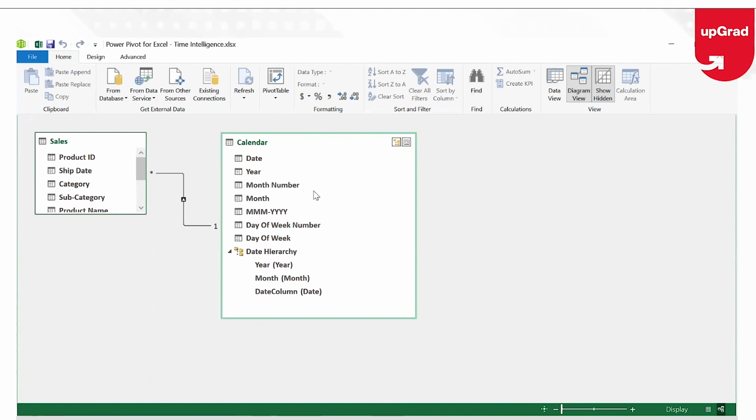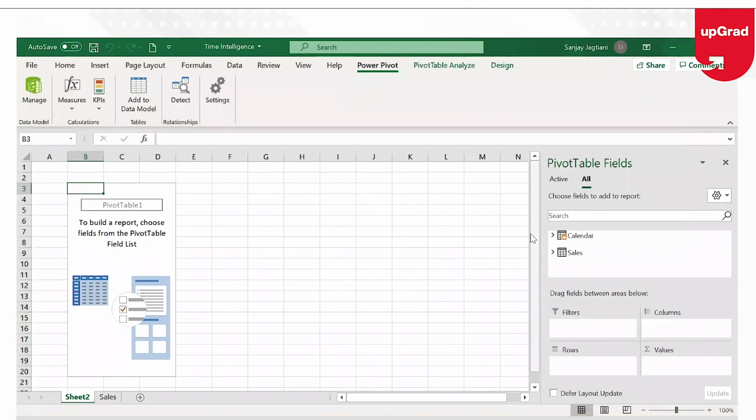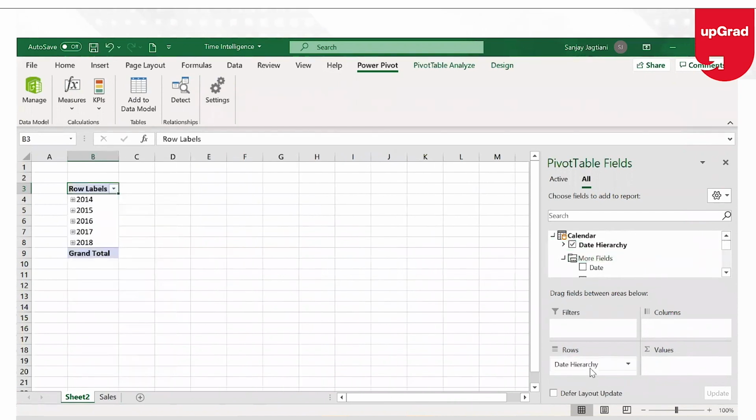So what is this going to give you? Let's go back and see when you're looking at the pivot table. When I go on to the pivot table, I go to the calendar. Of course, I can pick up any information that I need from this list. I have the date hierarchy. If I pick up the date hierarchy, it is simply going to give me the grouped data, just like we have in Excel. When you want to group it, we simply right click and group it, where you get the year, month, and the date. Same thing you're going to get here, which is the hierarchy that it has automatically created. If you need more information, you can pick up what you need in the data, and it becomes very, very simple for you to work on the data.